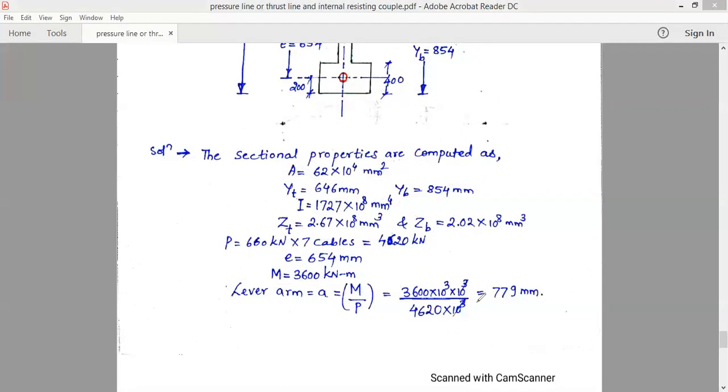So once we have the lever arm, it means it is a distance from the cable to the C line or the P line. So where we want, we have to consider that particular moment. If I consider the bending moment at the central span, then we'll get the shift of the C line or the P line from the cable at the mid section of the beam. So here it is at the mid section of the beam.